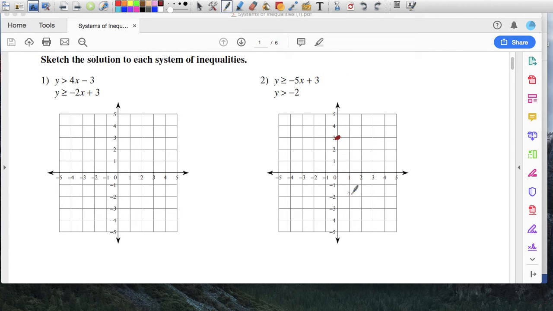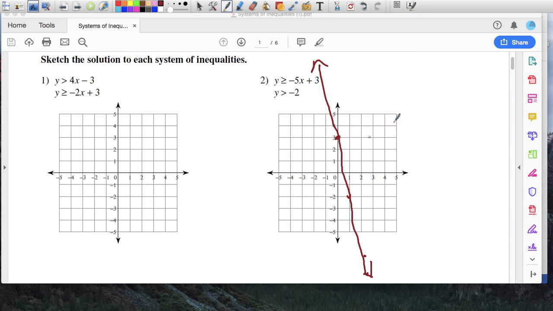1, 2, 3, 4, 5, 1 to the right. I'm not going to have room. 1, 2, 3, 4, 1, 2, 3, 4, 5, 1 to the right. So, and this is going to be a solid line. Shoot. Let me get a little better. Okay, so it's a little bit crooked. That's my solid line. So now I gotta choose left side of that line or the right side of the